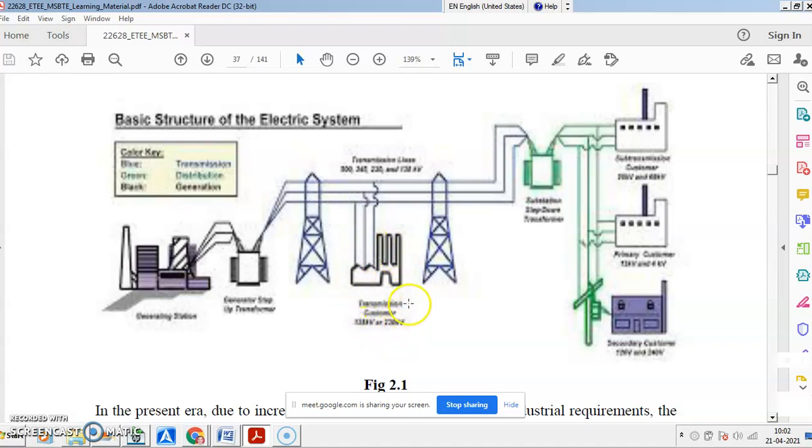Then in between, if you have big consumers, there is primary distribution to big consumers at the level of voltage 220 kV. Many examples are there: steel industries, big industries with big consumption. Then the 220 kV transmission is further extended. Then secondary distribution: you have small enterprises, industries, industrial load, agricultural load, residential load. So that is how power is distributed. So this is, in general, the basic structure of the electrical power system.